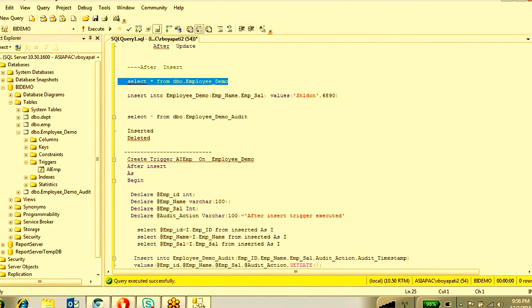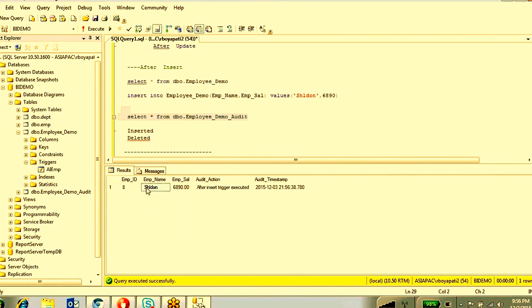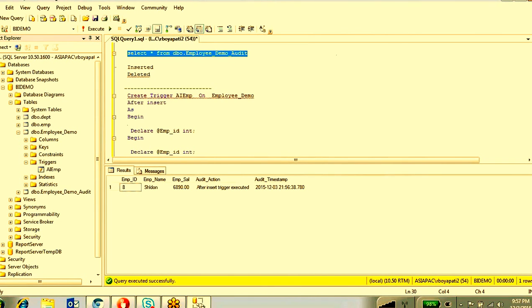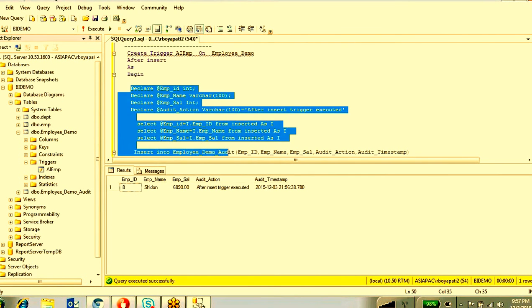First we will check whether the data is coming into the main table. Shelldon and the employee salary are there. Now if you check the audit table, it is also inserted, but you didn't write any insert statement for this table. How is the data coming into this table? Because you put that logic in the trigger.